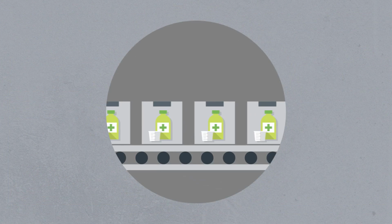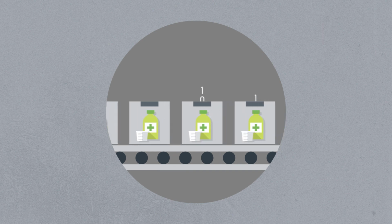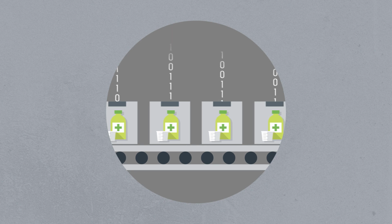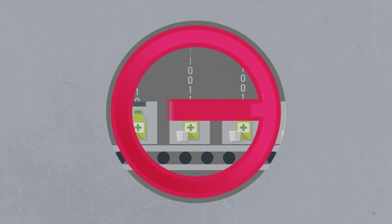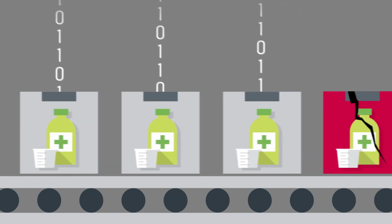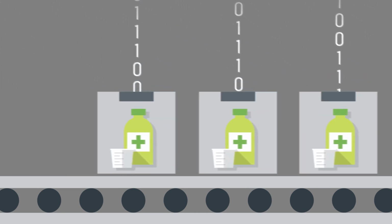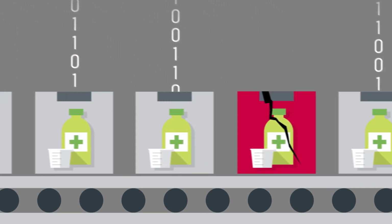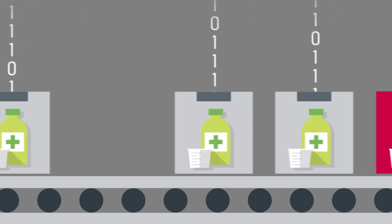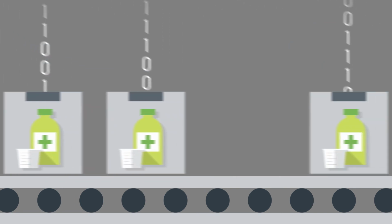5. Ensure delivery of safe products. MasterControl EBR captures real-time data across the entire manufacturing process and sounds a warning if a problem arises, so companies can quickly contain the affected drug product and take corrective action, minimizing the risk of recalls. By improving visibility into operations and identifying errors at their source, the solution facilitates faster product release and more consistent